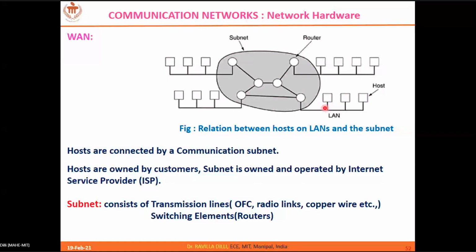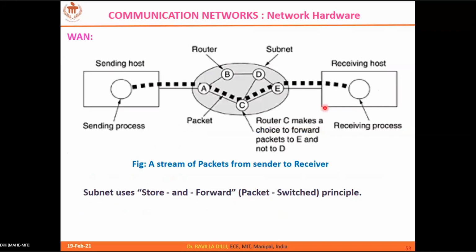Okay, sir. So the routers owned by BSNL only will form one subnet, and the routers owned by Airtel will form one subnet. Yes. Each service provider has their own network. It is not that all ISPs have a collaborative network. It is not like that. Okay, sir. So then how exactly does the content move through the subnet?